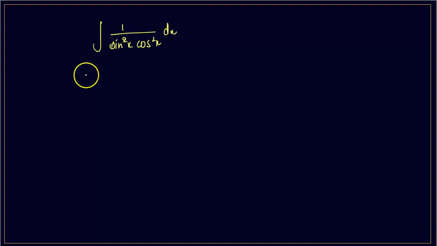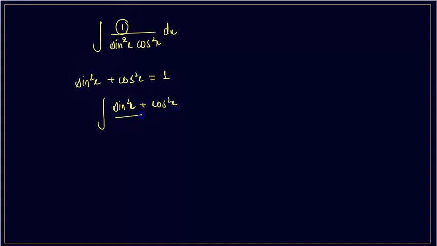In this question, we have to find the integration of 1 by sin²x cos²x. So instead of writing 1, you will write it as sin²x plus cos²x. Why? Because sin²x plus cos²x is equal to 1. So here you will write sin²x plus cos²x, and in the denominator you will write sin²x